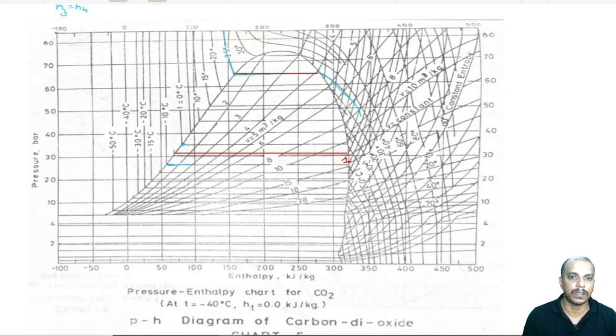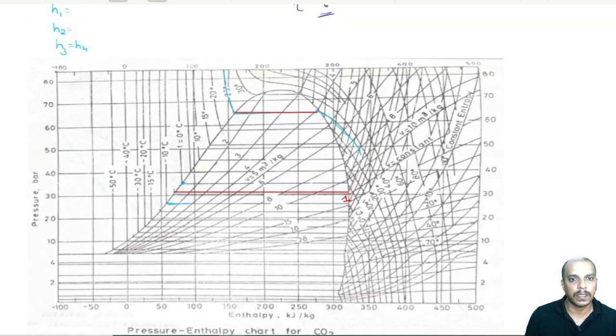So, we can straight away find out H1 here. We can find out H1 if you drop a vertical line. Anyhow, 1 to 2 is a constant entropy, right? So, constant entropy lines are here. If we observe, these are constant entropy lines. Okay. See here, these lines are constant entropy. So, now if we are going for constant entropy till,